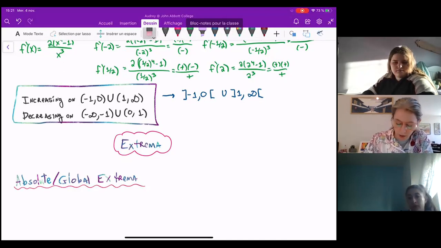So a function f of x has what's called an absolute or a global maximum at x equals c if